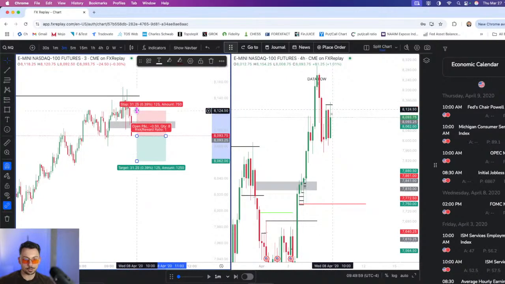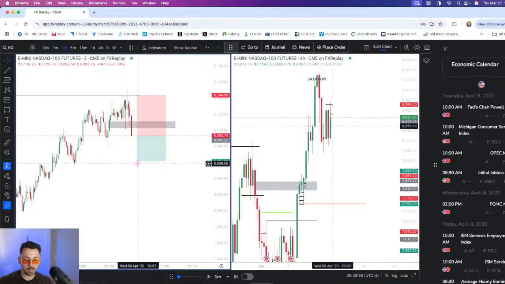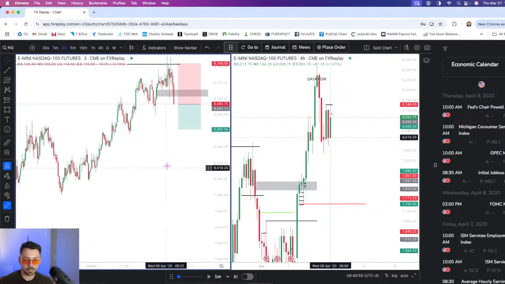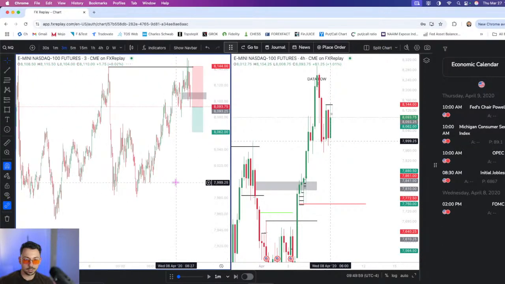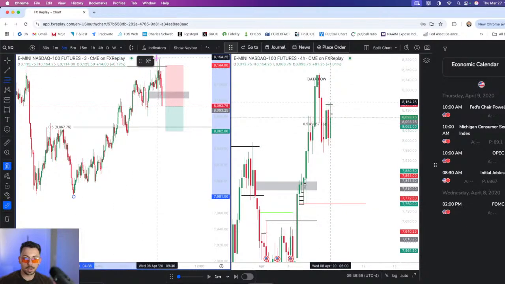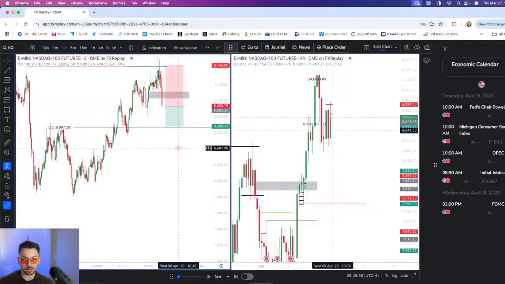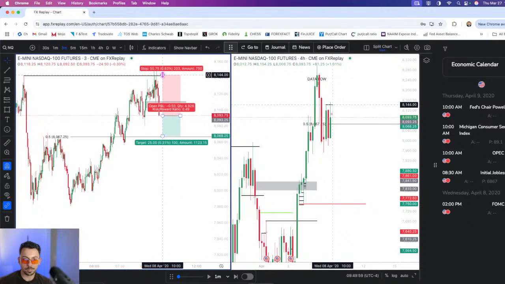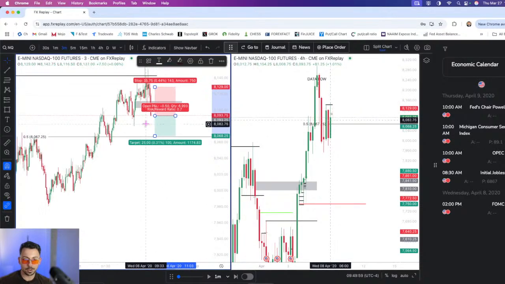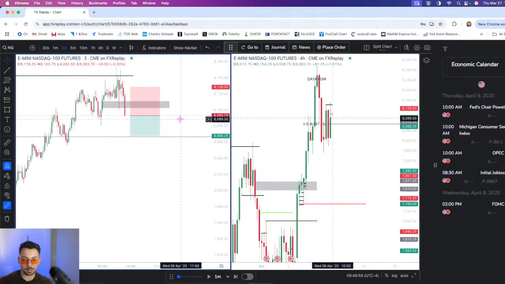I'm going to try this short. And my stop to break even is going to be at this low right here. And I'm going to target... Let's target the 50% of this leg. Ugh, the R is not great. So I'm going to take this 3 minute. Stop loss is going to be a close back above the 3 minute fair value gap.